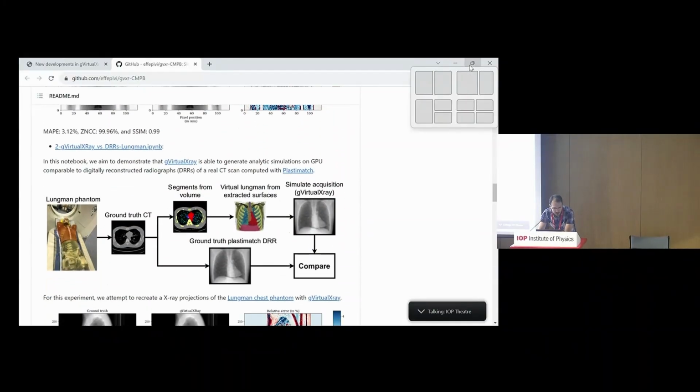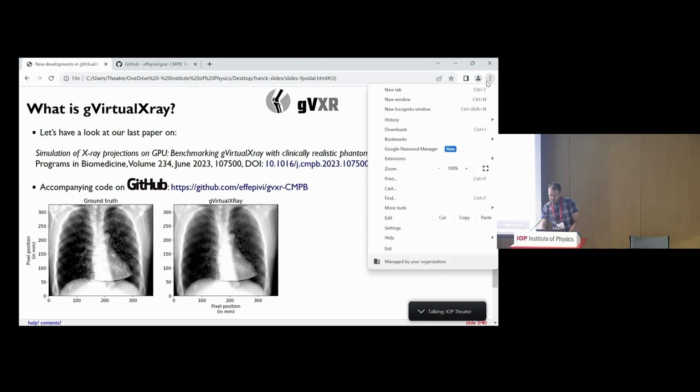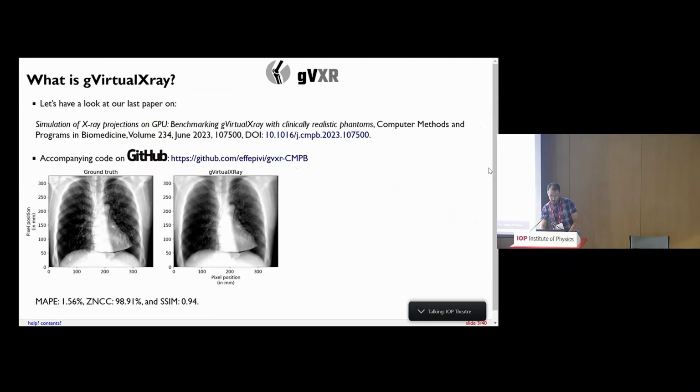So in particular, we took a CT scan of this lungman phantom. So this is this plastic mannequin. So we got a CT scan from the hospital, we segmented it, extracted meshes, and then we can simulate more X-ray images, and we did various things. So if I go back to my slides now, this is a comparison of a simulation on the right-hand side